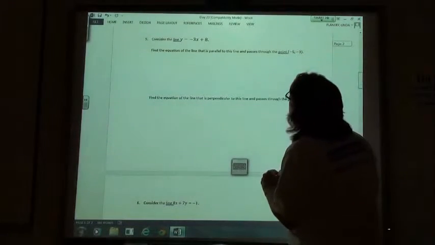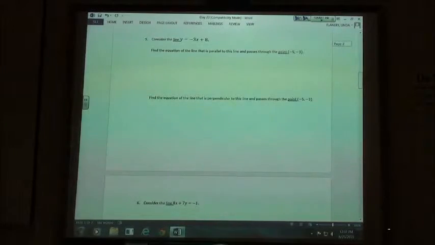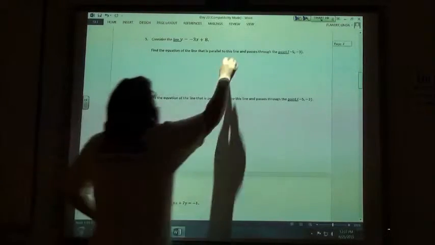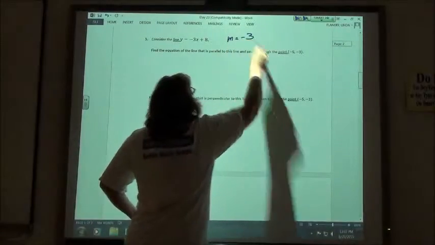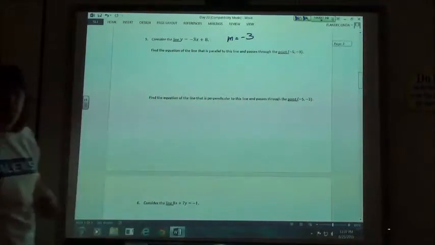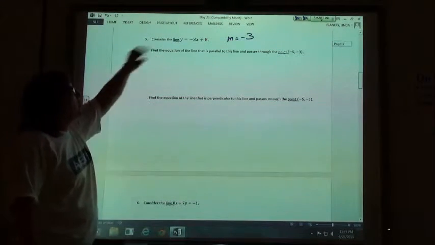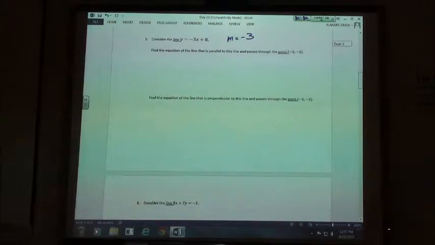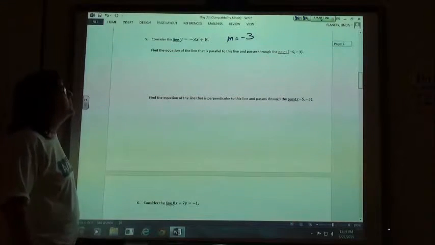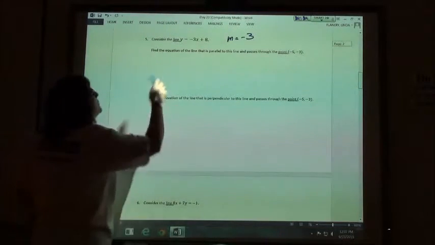So on number 5, again, they were nice, put it in slope-intercept form, so I know my slope on the first one is -3. Once the parallel one first and then the perpendicular, again, watch, they like to switch it around just to see if you're reading the question. And so I'm going to start my equation for my parallel line as what? -3 equals